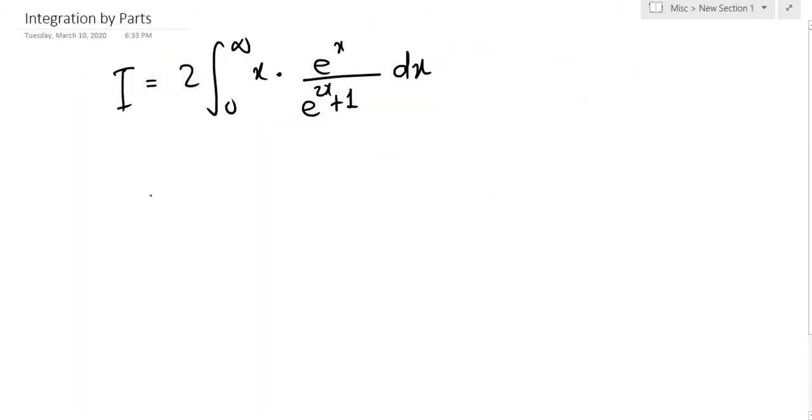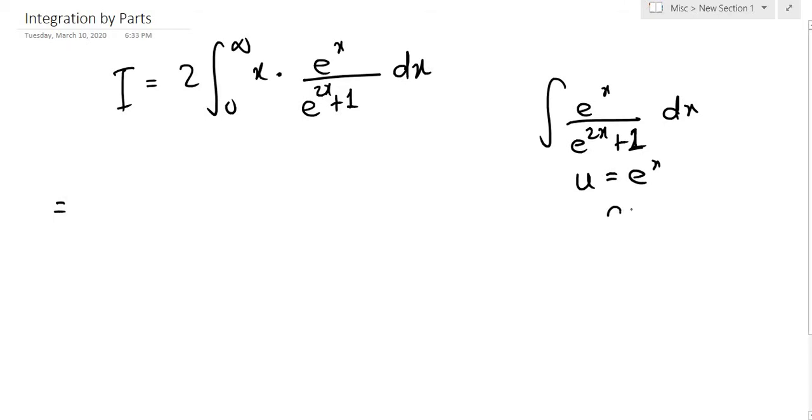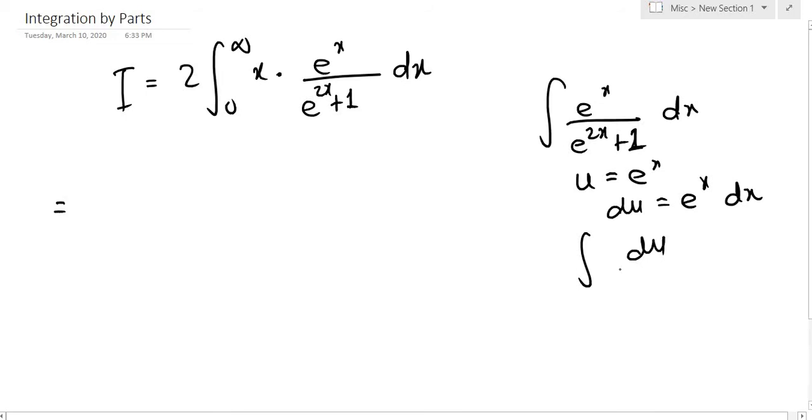So we plan to do integration by parts on this thing. So let's just find the antiderivative of this thing separately first before proceeding with anything. We don't need these limits of integration to find the antiderivative, essentially. So this actually calls for a u substitution. So say we have u equals e raised to x, so du is e raised to x dx. So we'll have du over